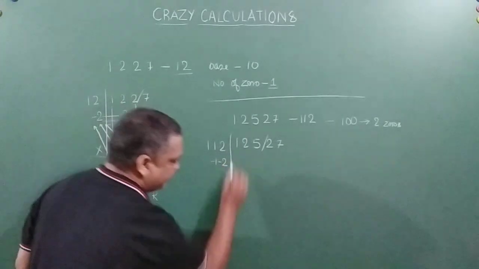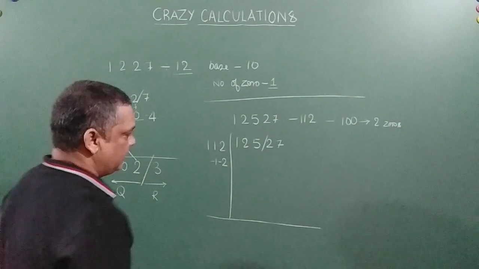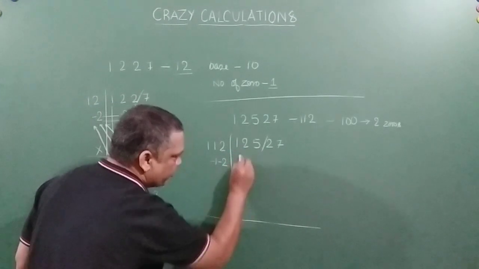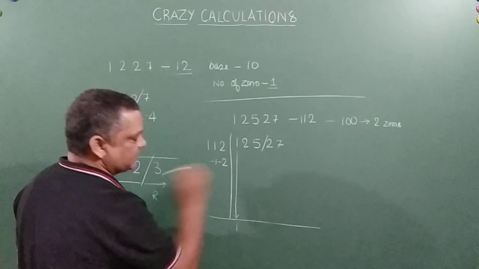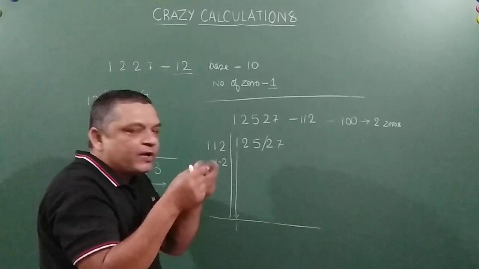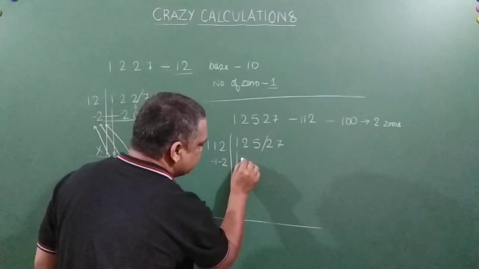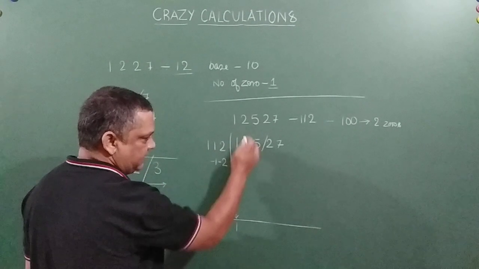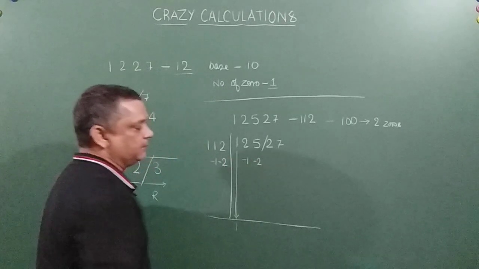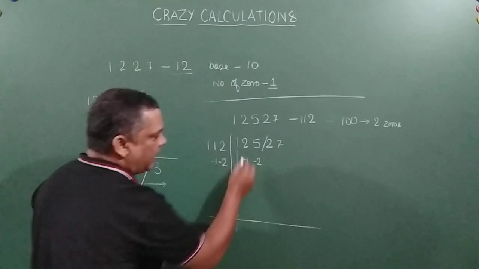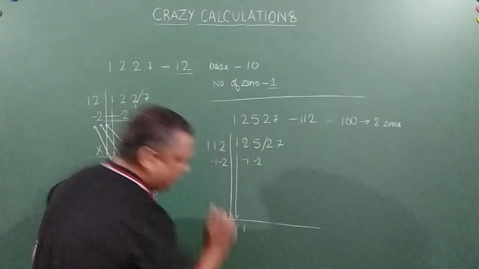Okay, so after this we will leave some space here and then draw a line. Now the first digit we will just reproduce as we did in the previous problem. Now this into this, we will consider these two a separate number, right? So 1 into minus 1 is minus 1. I am going to produce it here in the second column. 1 into minus 2 I am going to produce in the third column. You are getting my point? Now I will add the second column. 2 minus 1 is equal to 1.